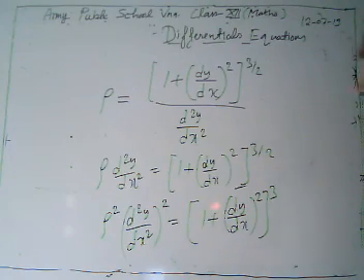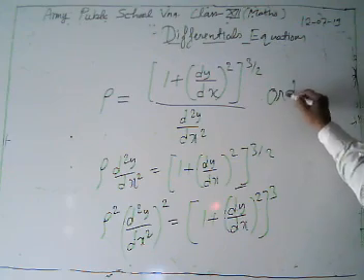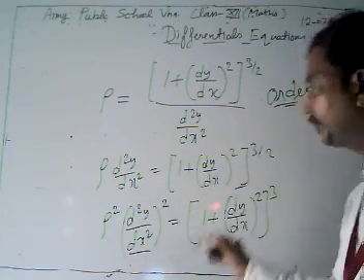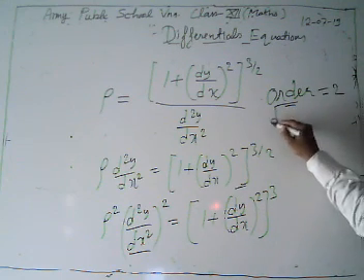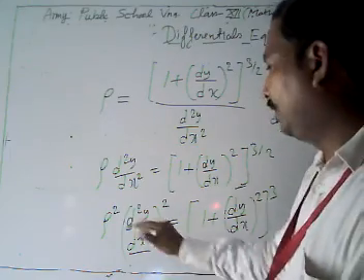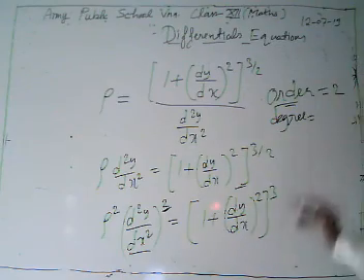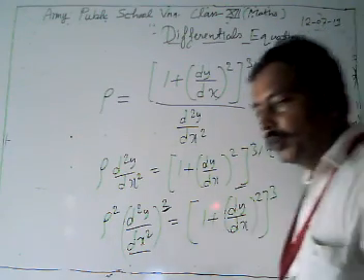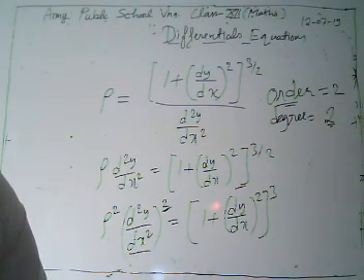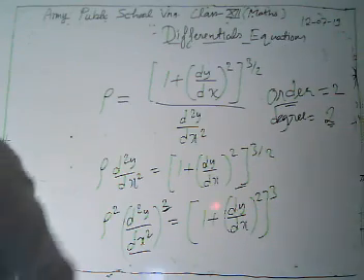Now here we are able to find the order and degree. Look, what is the order? In this format, our highest derivative is d2y/dx2, so its order is 2. What is its degree? The degree of a differential equation is the numeric value of the exponent on the highest order derivative, so its degree is 2. So this given differential equation has order 2 and degree 2.